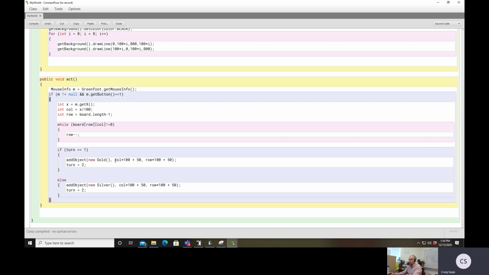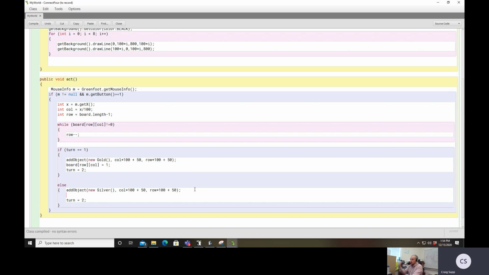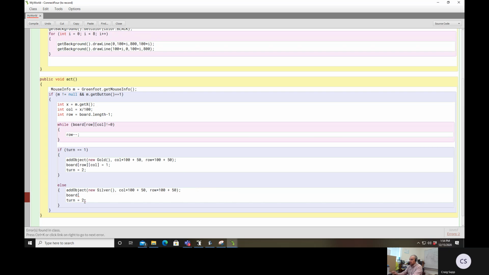is if we put down a gold, then we want to change board row call to 1 to show that, because the reason that they're not stacking is because, okay. The reason, and that's the other thing I missed. So the reason they're not stacking is because